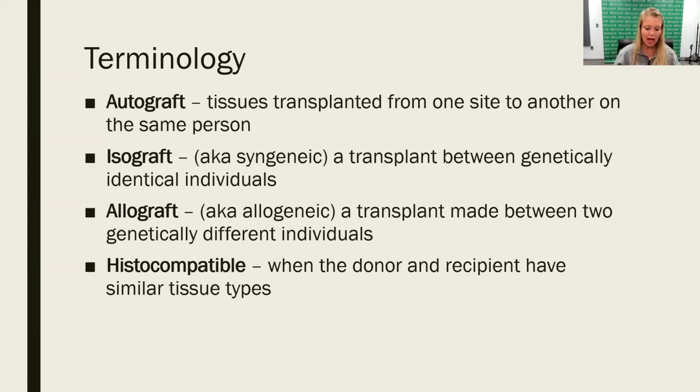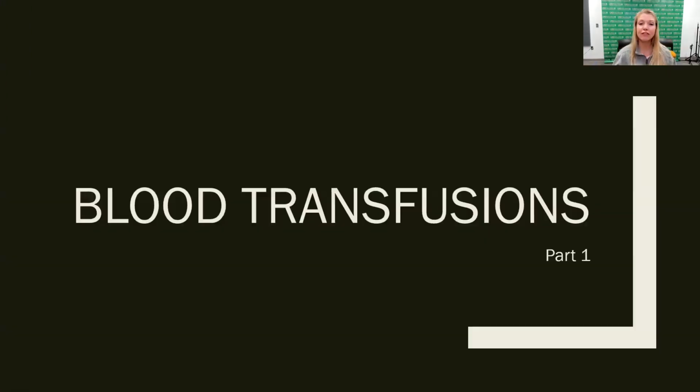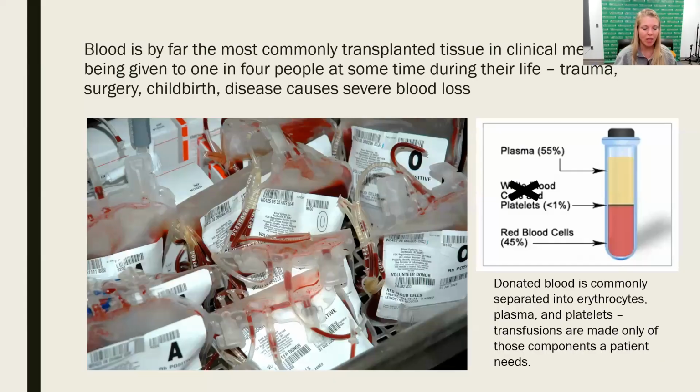Okay, so now let's dive into 3 different types of transplants. And the first one is blood transfusions. So this is the most common, by far, type of tissue that is transplanted from one individual to another. It is given to probably 1 in 4 people across their lifetime. And so that's really high